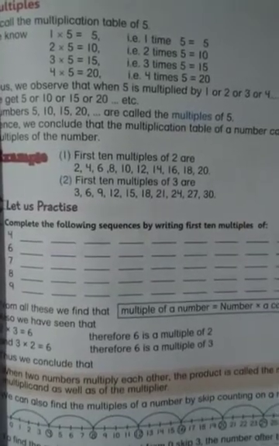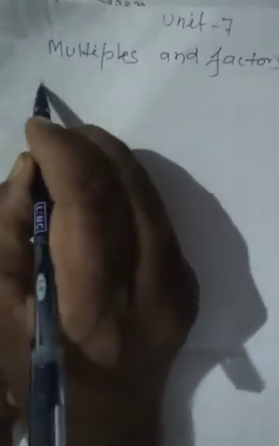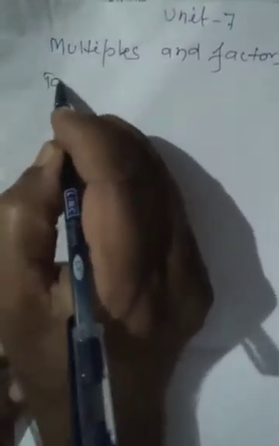Now, let us see here. At first, what is a multiple? See here, this chapter, Unit 7, contains multiples and factors. Now, if we go through the table of 2,